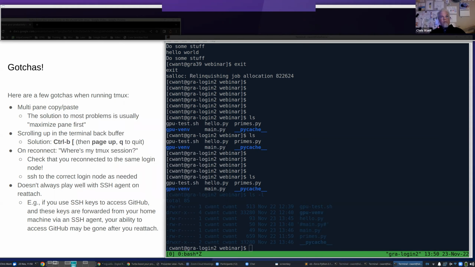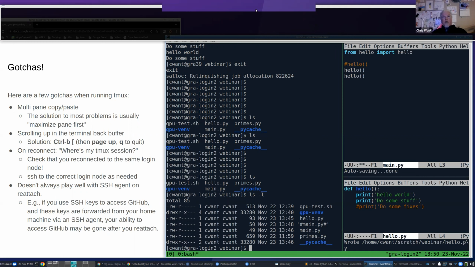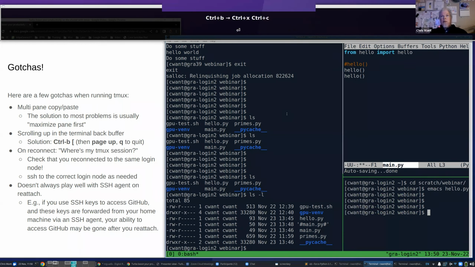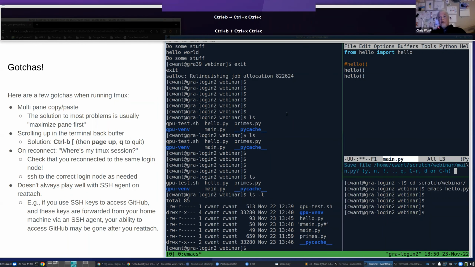So that's one gotcha. Another one is scrolling up in the terminal. Sometimes you've done some work and the work you've done scrolls up to the top of your window and you want to get access to it. I'll just get out of Emacs in these